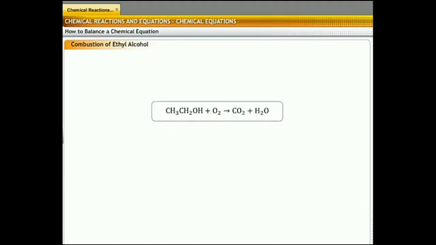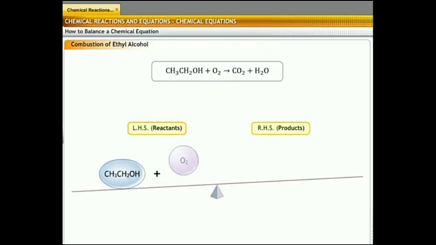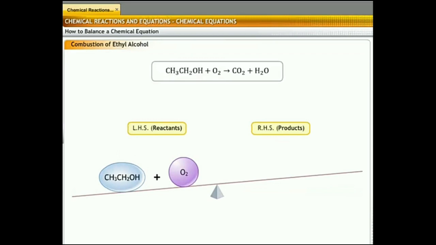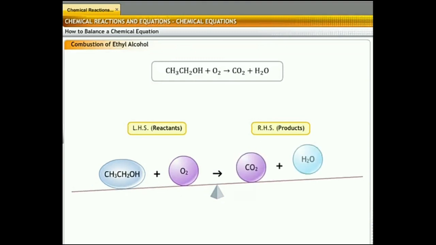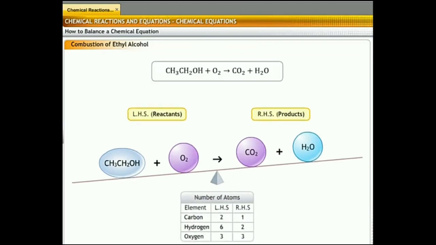That means they were following the law of conservation of mass. But in this case, combustion of ethyl alcohol, the weight of LHS is not equal to the weight of RHS. That means it is not following the law of conservation of mass. In that case, we need to balance the equation. By this time you all know that a reaction has to be balanced always, whether it is mentioned in your question paper or not, that doesn't matter. Whenever you are presenting an equation, you need to balance it.